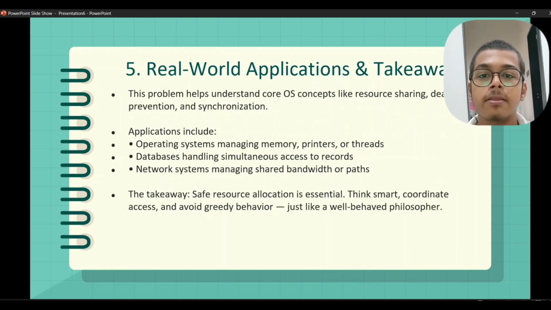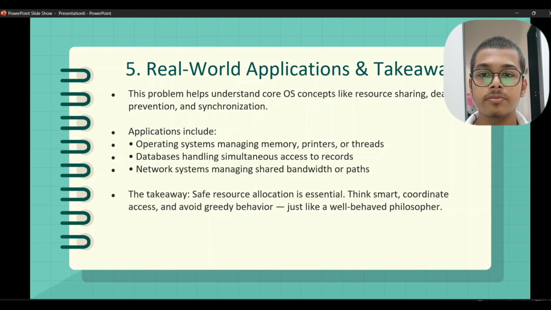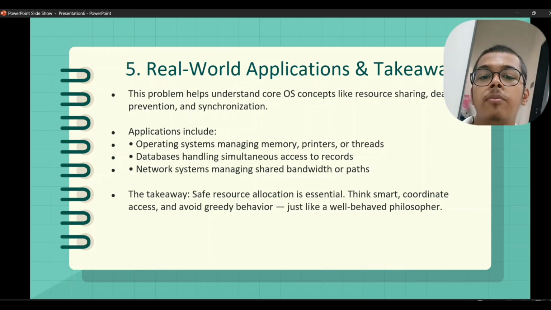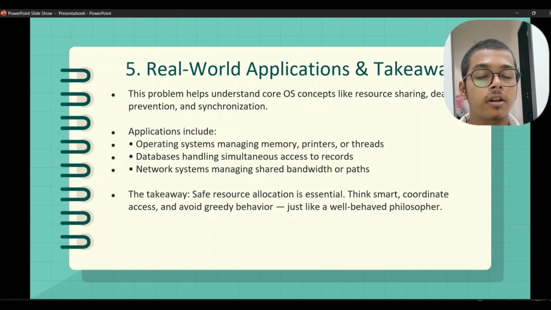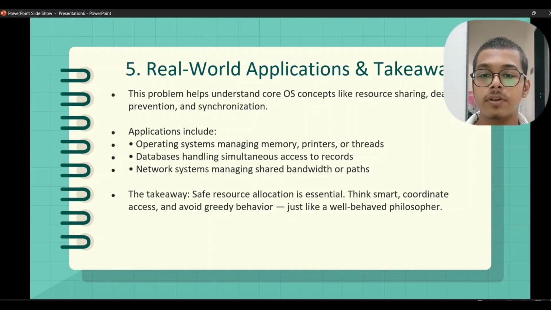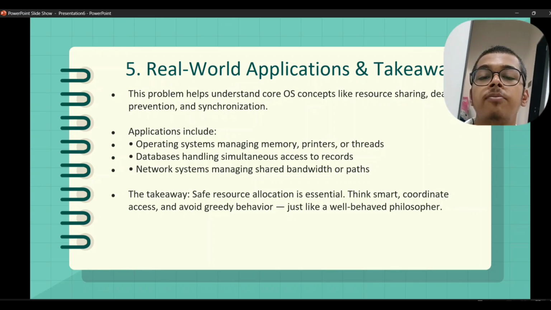Now, what are the real applications which may be implied in operating systems? Applications include operating systems managing memory, printers, or threads. Let's take an example of a printer. Suppose I give a print command to print a docx file, and someone else also gives a command to print a docx file. There are two operations but the printer can only print one operation. So it stacks up and prints one by one,